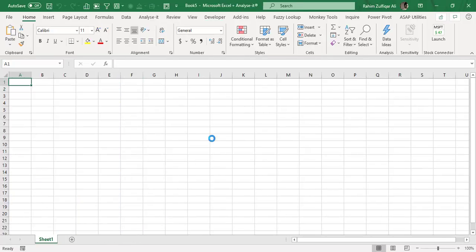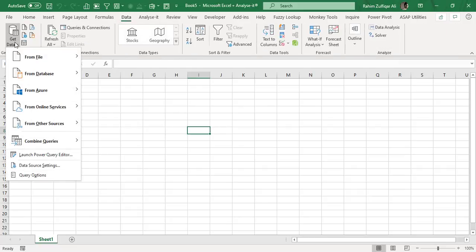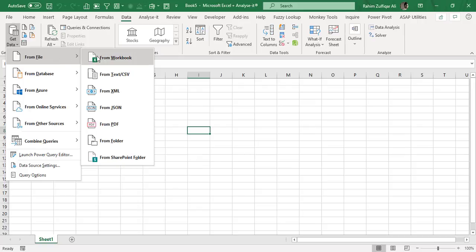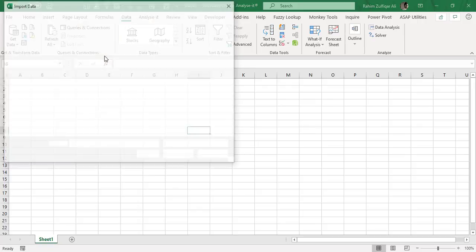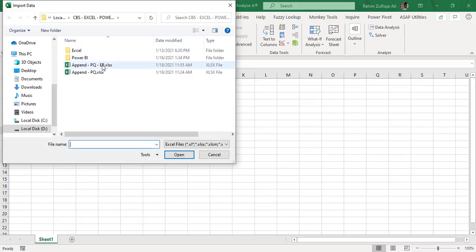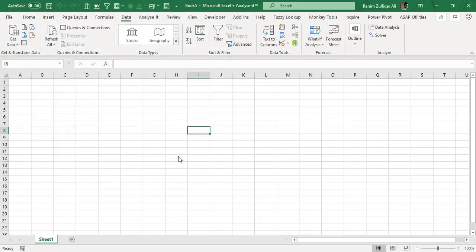All right, so now we are in a new workbook, and we need to bring all the data and the appended data into this new workbook. Our system has created a file which contains multiple sheets because the limitation was 65,000 rows. So now I will go to Get Data, From File, From Workbook, and I will locate that file, and I will click on import.